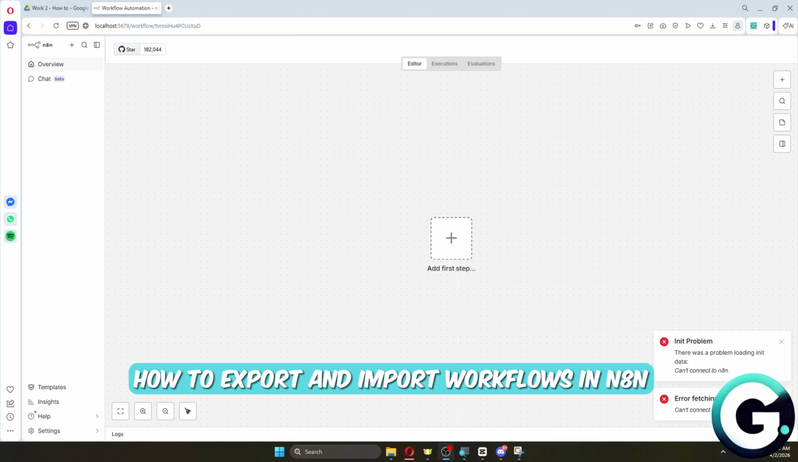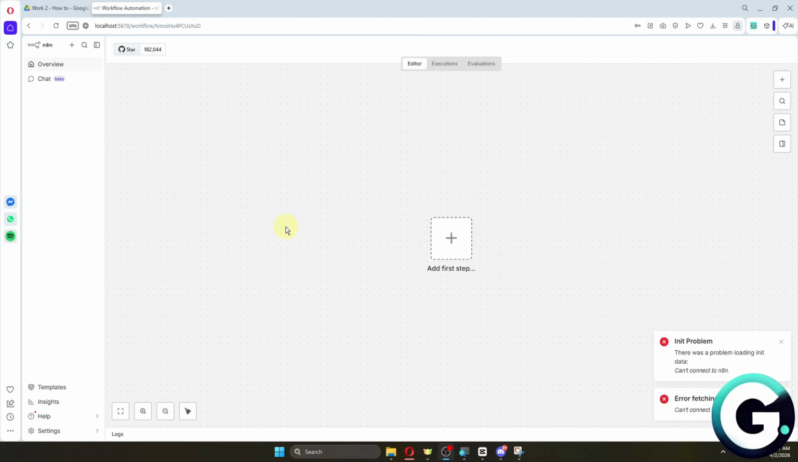How's it going, everyone? In today's video, I'm going to show you how you can export and import workflows in n8n. Now, this is going to be extremely easy. Of course, right after making your workflows the way you want them, you can just navigate through the three dots